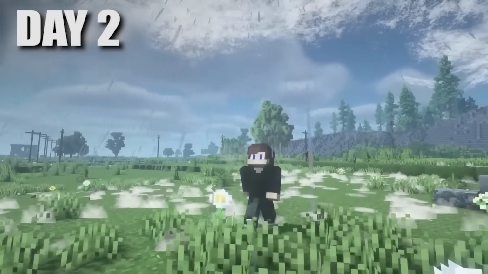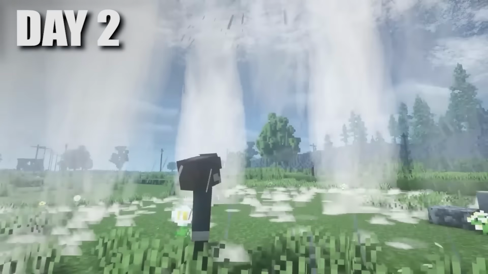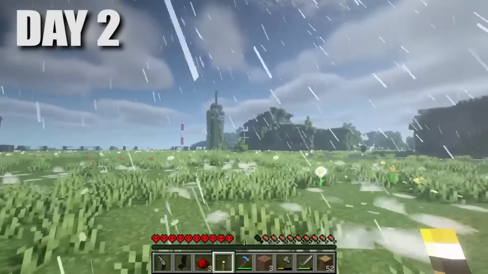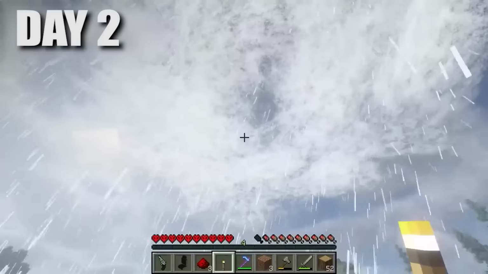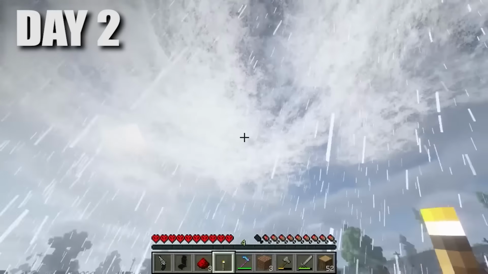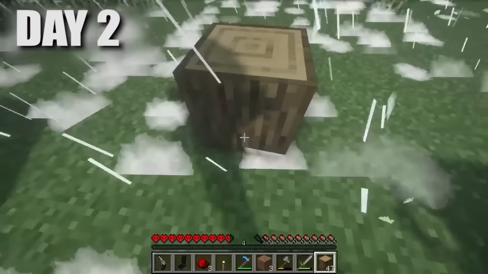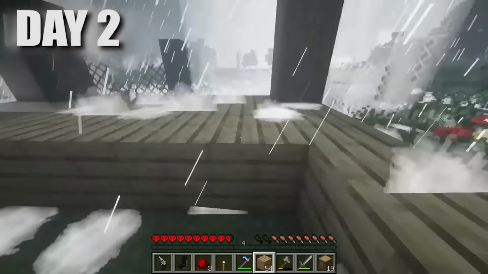Suddenly, it started to rain and strange clouds began to appear in the sky. Wait, what is it? Look at that! Okay, I realize that it's raining now and a very strong wind has started. I really hope that a hurricane doesn't form here now because everything looks really scary. Despite the weather conditions, I still began to make the frame of my house and everything seemed to be fine